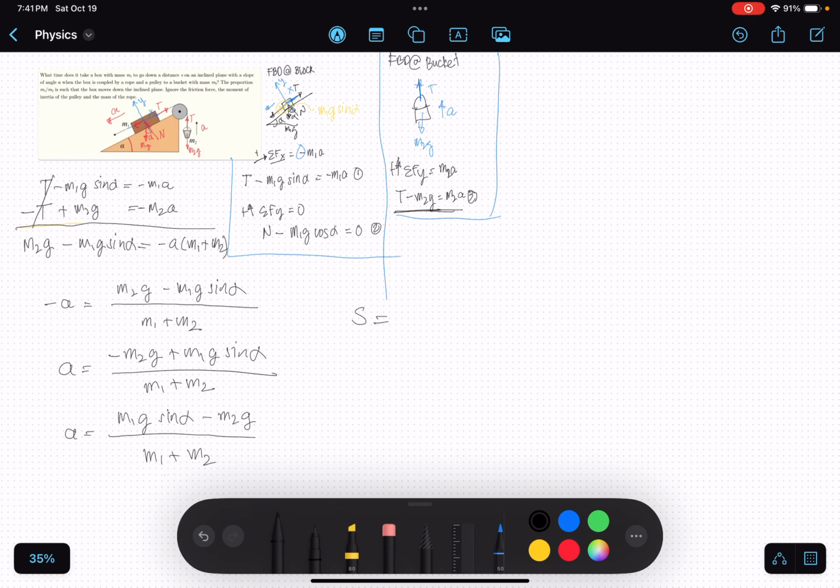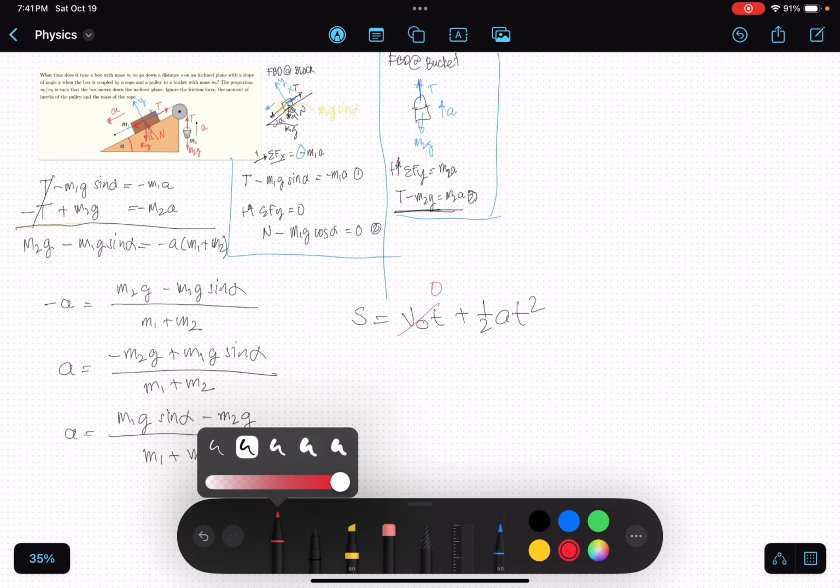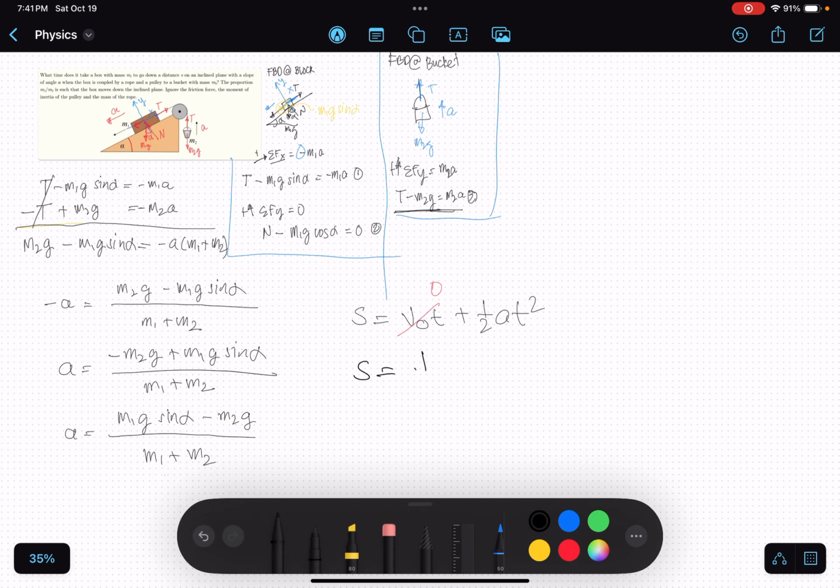time? S equals V0 T plus 1/2 A T squared. Take note that V0 is 0. Okay, 0 po yan. Now, mangyari niyan, you have S equals 1/2 A T squared. Or T equals the square root of 2S over A. So, therefore, ngayon, we have T equals square root of 2S